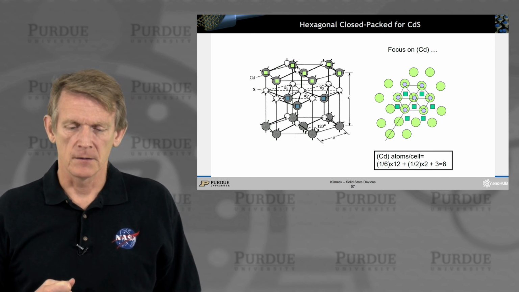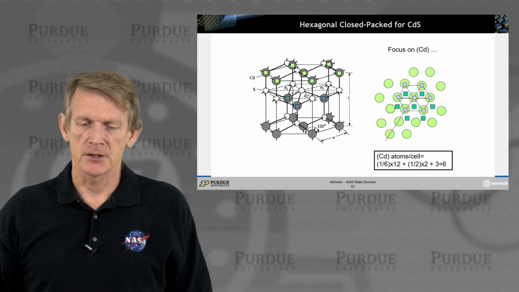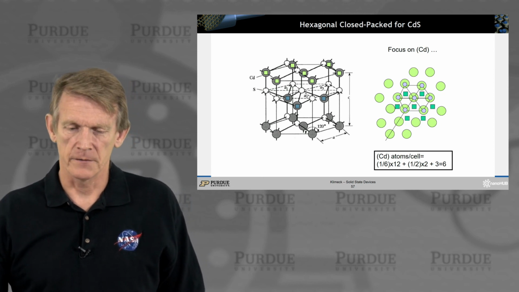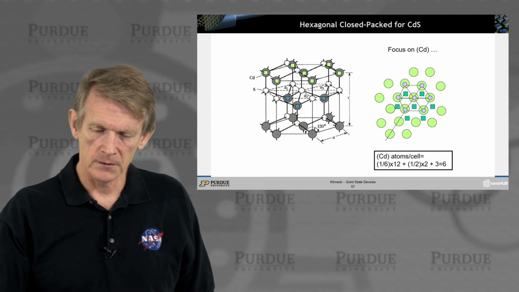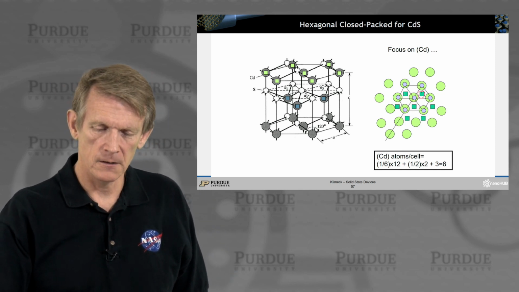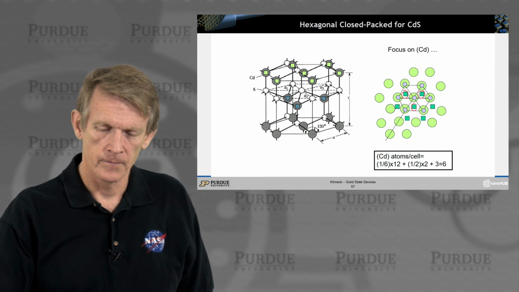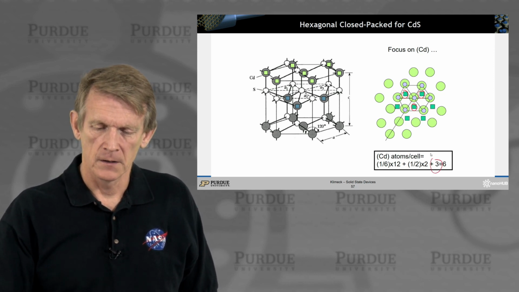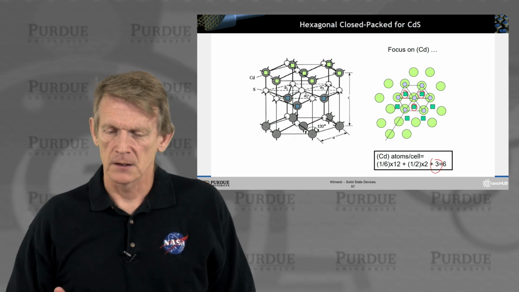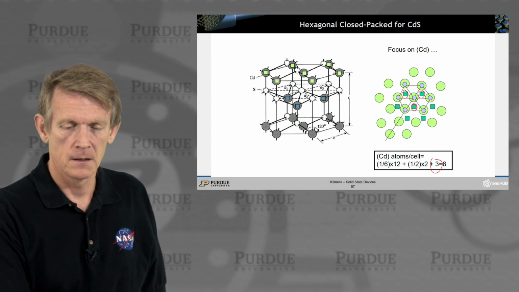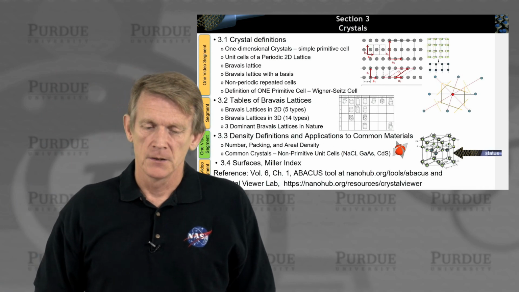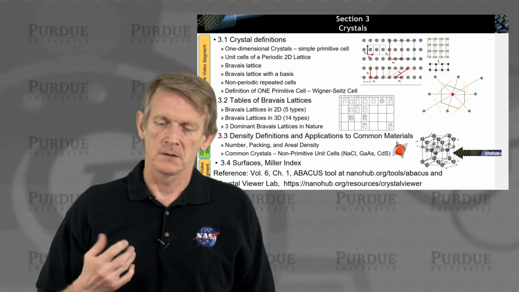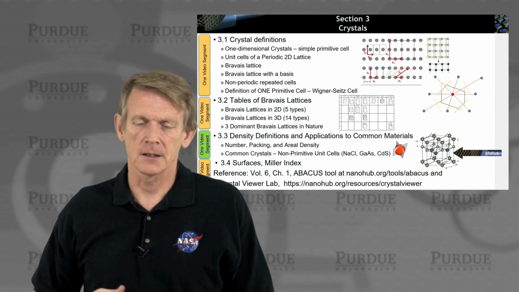Then we have 2 atoms that are shared up and down. And then on the inside of this cell here, we have 3. I just went through this here. So these are the 3 here: 1, 2, 3. Then we have the 12 atoms that are shared by 1/6 and another half. All right, so that concludes number counting, densities, areal density